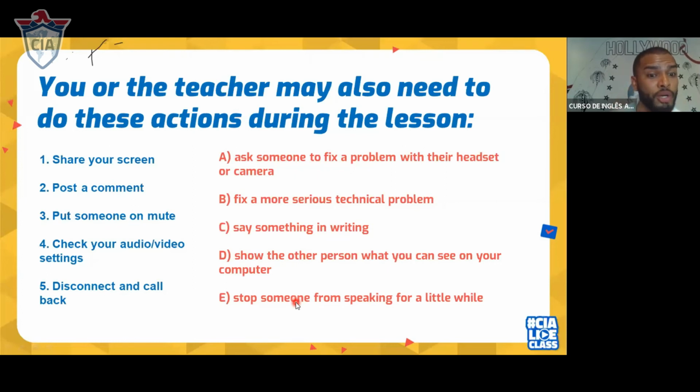Check your audio or video settings. What is that? Check your audio and video settings. A, ask someone to fix a problem with their headset or camera. Is that right? A, everybody agrees with that one?